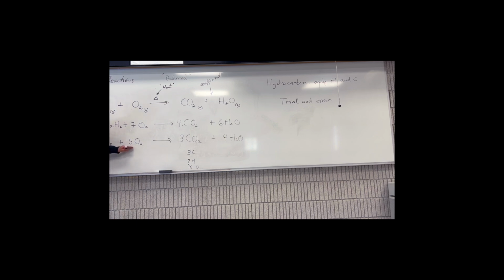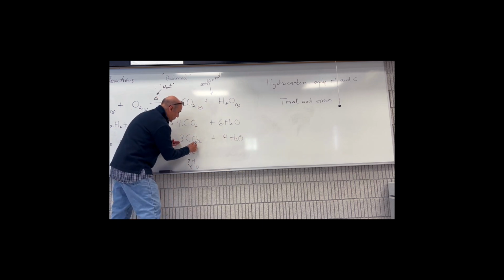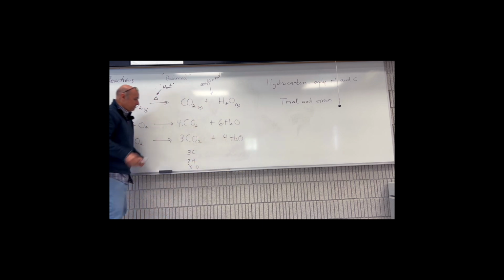10 oxygens. 4 times 1, 4. 3 times 2, 6. 6 plus 4, 10. Balanced. That's it. We're done. So you begin to see